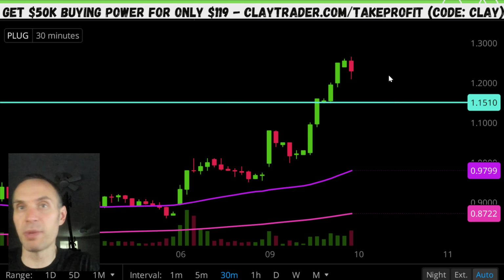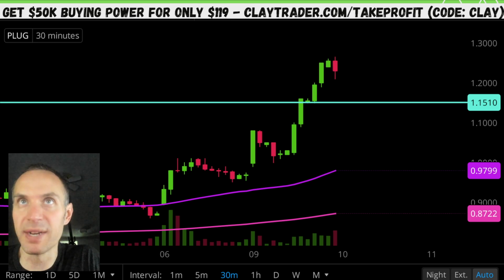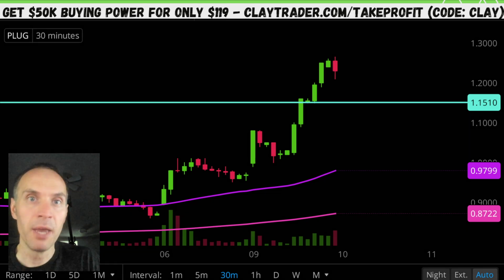So if you were to say, Clay, what would be the ideal level? I mean, what would make this chart look the strongest moving forward? Definitely if the price can stay above $1.15. With that being said, by no means is $1.15 some sort of do or die level, because from the overarching